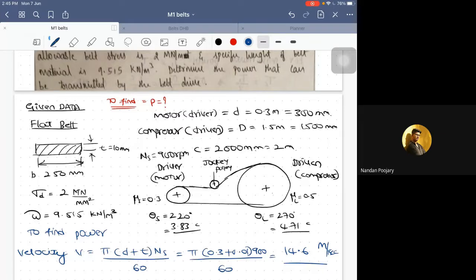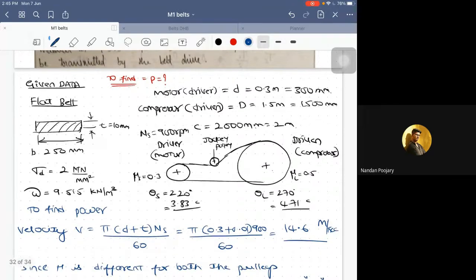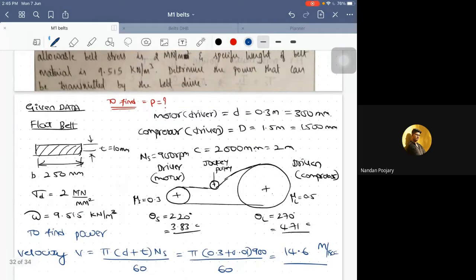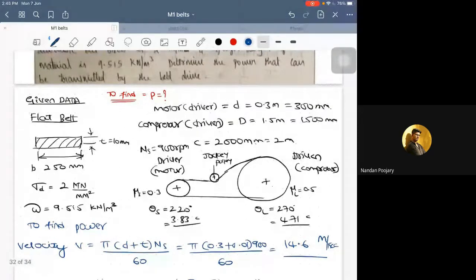14.6 velocity has come. So write a statement there. Since V is greater than 10 meters per second, considering centrifugal